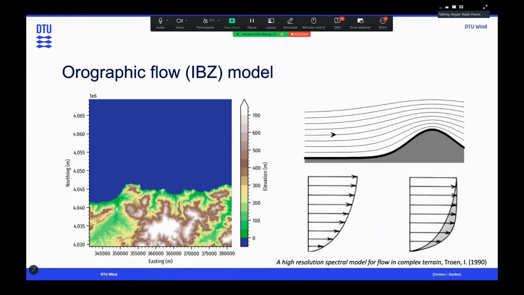So just to explain a bit more how PyWASP is doing wind resource modeling, you always have to start with providing maps, and this is also something that we will do in the course, as Bjarke discussed. So here on the left, I've just shown an elevation map from an area somewhere with quite complex terrain and a coastline. And one of the submodels that is implemented in WASP is the IBZ model, as we call it,